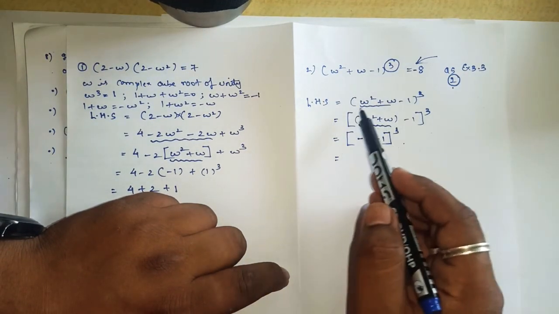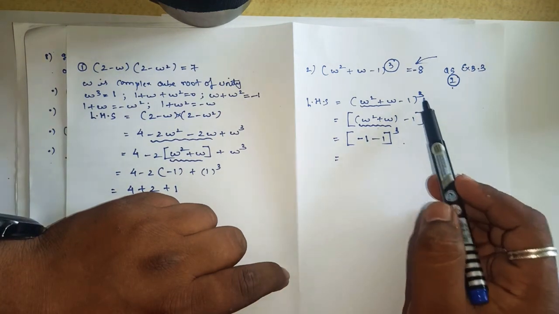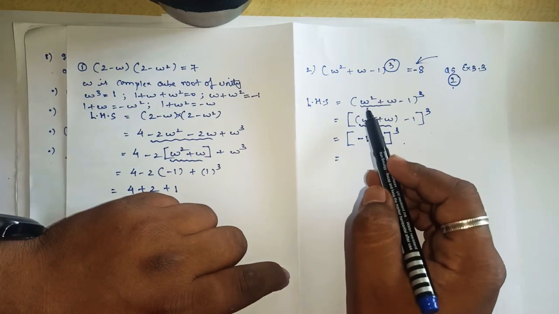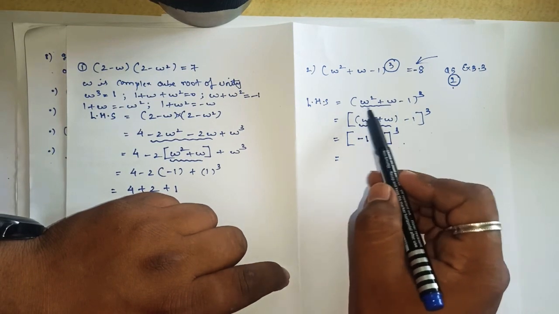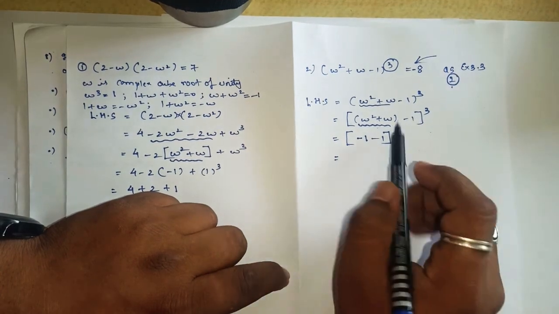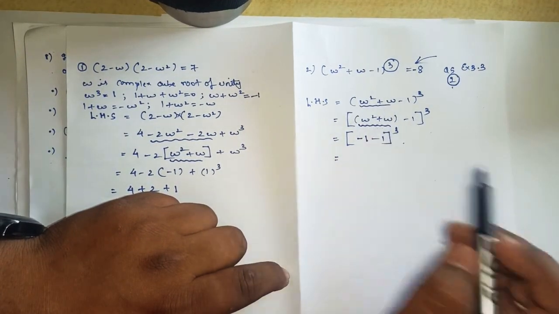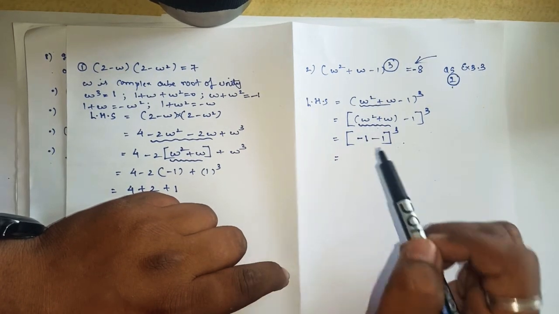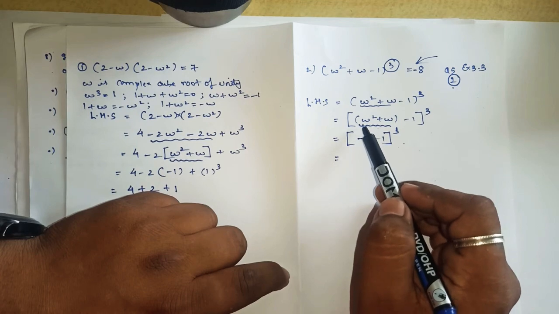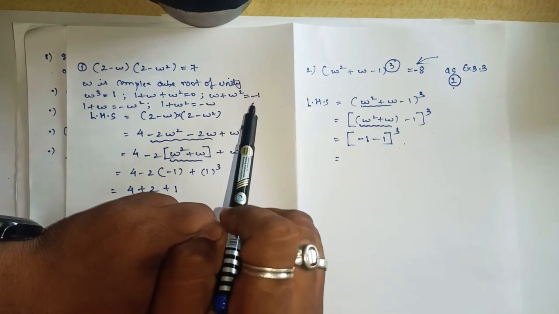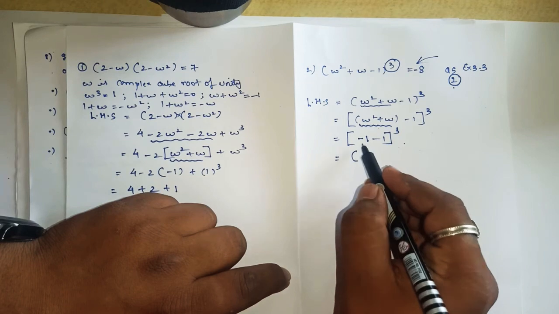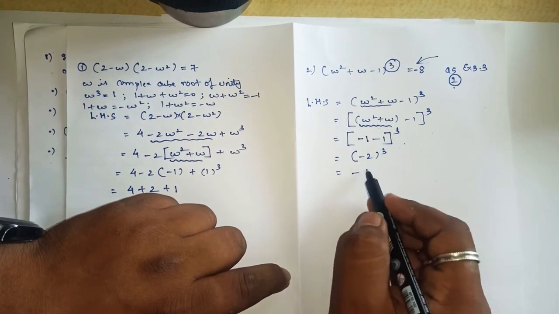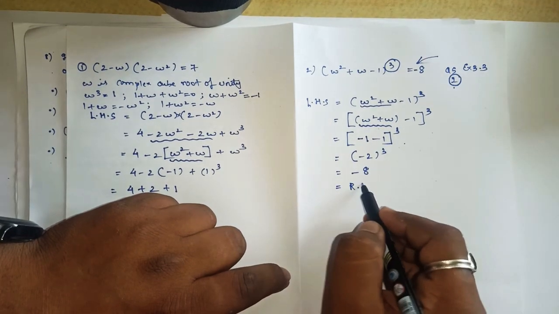So here for this sum we took left hand side. Okay, your cube is there. First, what I told, just you have to check whether we can apply the direct formula for all the three terms. If we cannot do that, then take two terms. As here, I took the pair of these two, and then after that, I saw that here we can apply the formula for w square plus w. Directly, it is minus 1. So here minus 1 and minus 1 is what? Minus 2 the whole cube. And we know that minus cube is minus and 2 cube is what? 8. So here we got the right hand side.